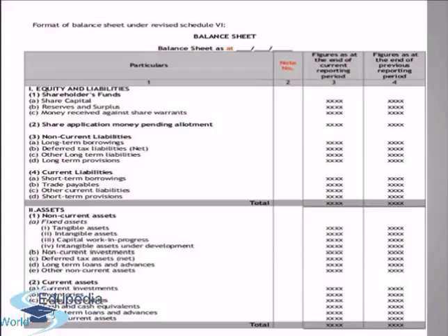Next comes the balance sheet. Format is the same as the profit and loss account. Here also we have 4 columns, the particulars, the note number, and the figures at the end of the current reporting period, and the figures at the end of the previous reporting period. So the format is the same, just that the particulars are different. In the profit and loss account we record the incomes and expenses, and in the balance sheet we record the assets and liabilities. So we record all the liabilities and assets, and in the note number we give the description of all those